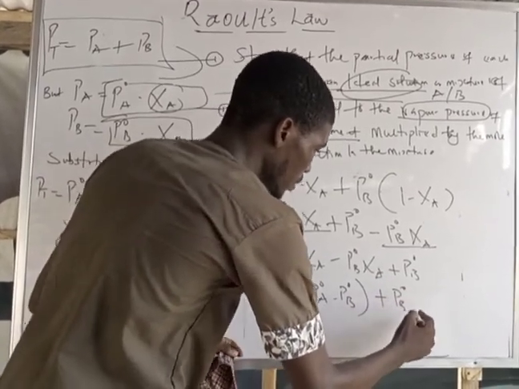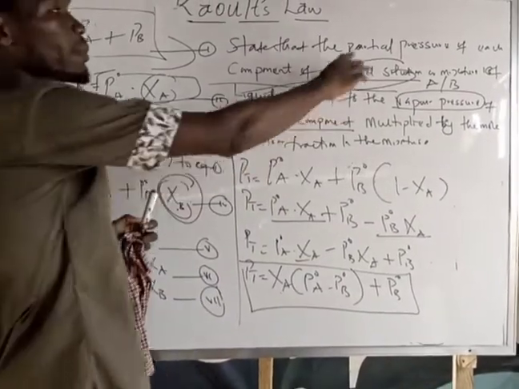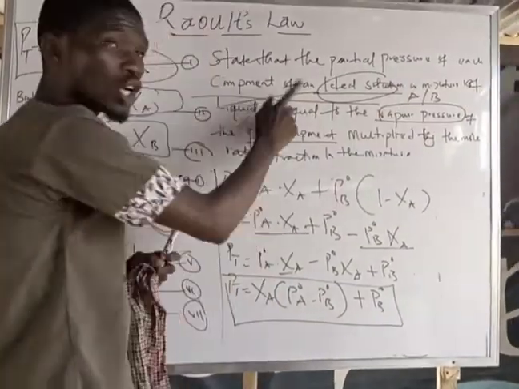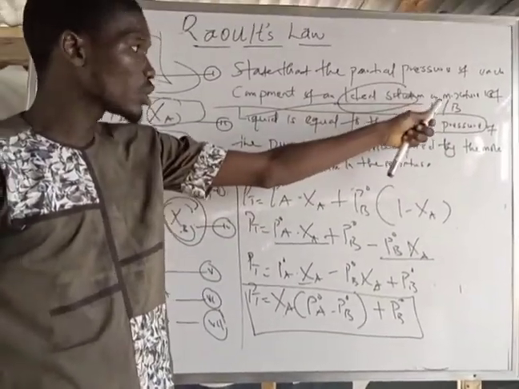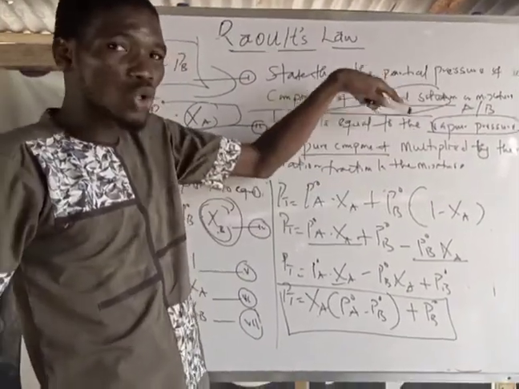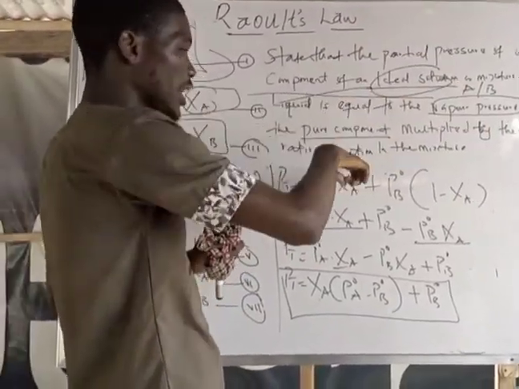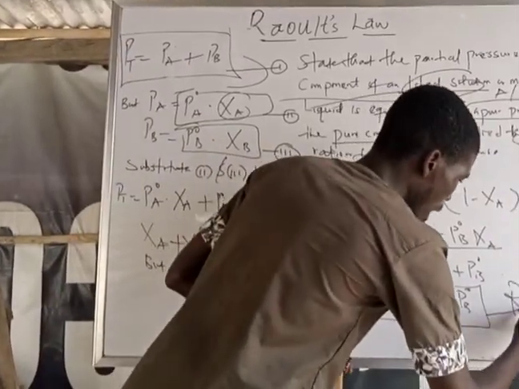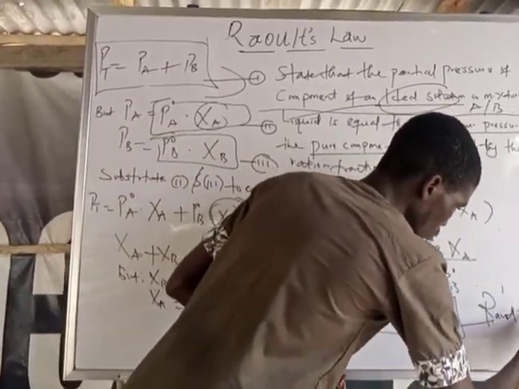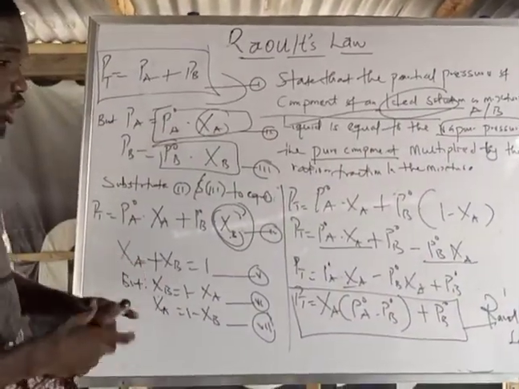I have proved Raoult's law, that the partial pressure of each component of an ideal solution of a mixture of liquids is equal to the vapor pressure of the pure component multiplied by the mole fraction in the mixture. So I've proved Raoult's law. So now if we are solving any question in Raoult's law, you should consider